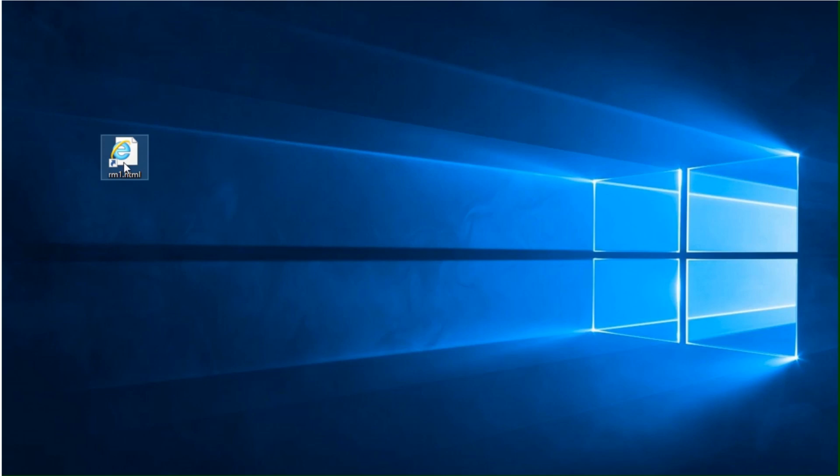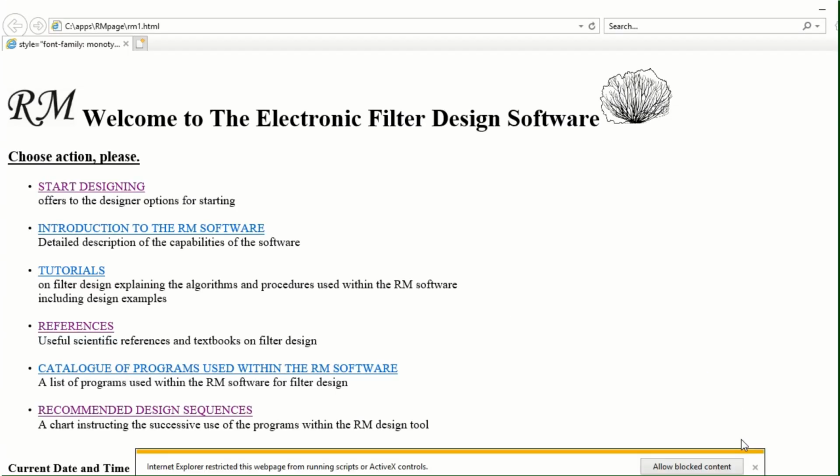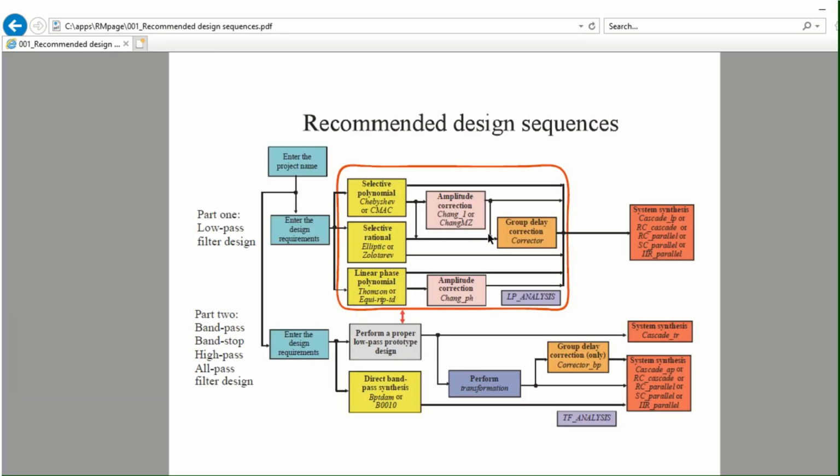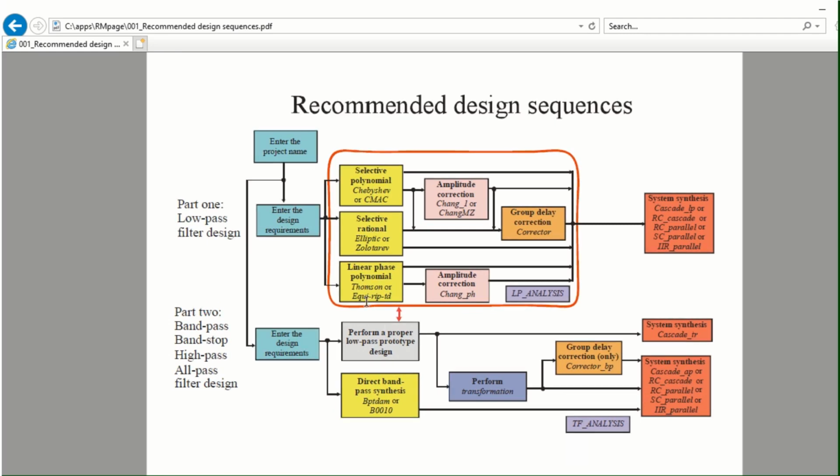We will start by activating the main program RM1 and allowing the blocked content, and then we will go to the slide which describes the planning of the design. So we first enter the project name, and since we are going to bandpass filters, we are entering the design requirements